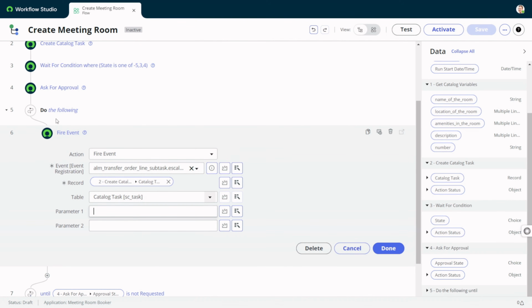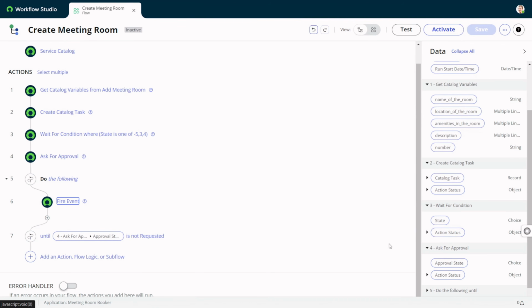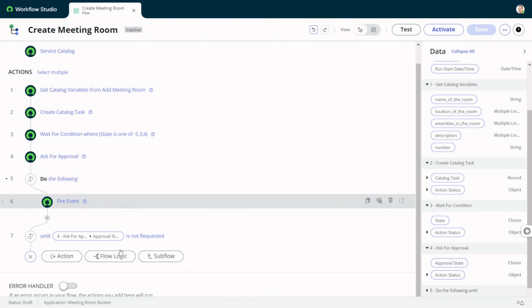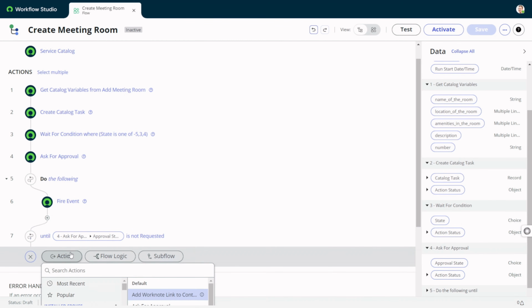So we have looked into two features in terms of action: do the following until and fire event. So this is how you can use these particular features. Now the next feature that got introduced is go back to. This is really important. So what we'll do now, we'll just go with the approval logic, that if